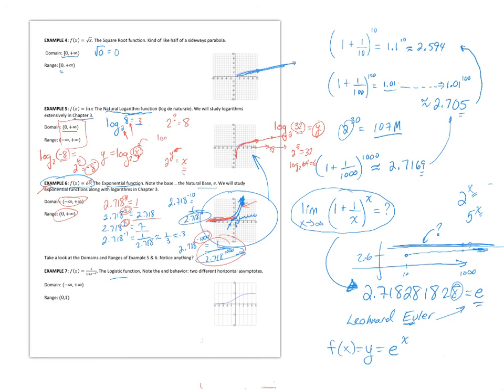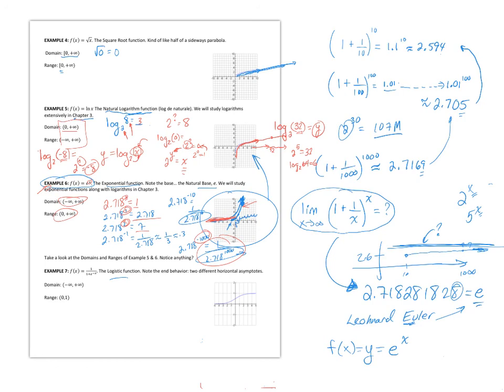Likewise, to say log base 2 of 0, that's equivalent to saying 2 raised to what power is 0? You might say, well, the 0 power. No. 2 to the 0 is 1. 2 to the 0 power is 1. There's nothing we can do to kill all these factors of 2 to turn it into a 0. So that's why your domain there is 0 to infinity. And again, we're going to do an in-depth study of exponentials and logarithmic functions later on. For now,